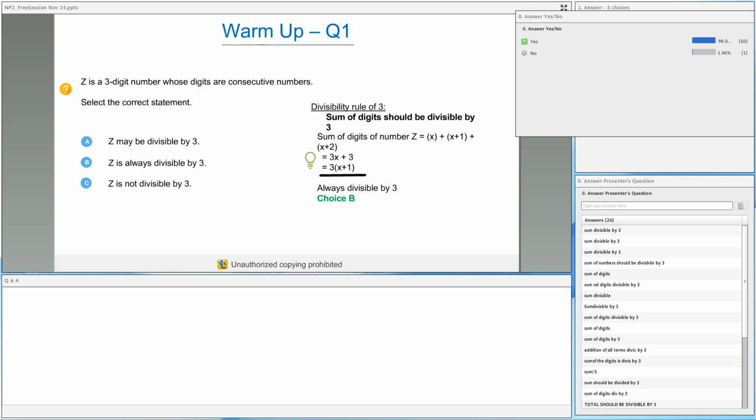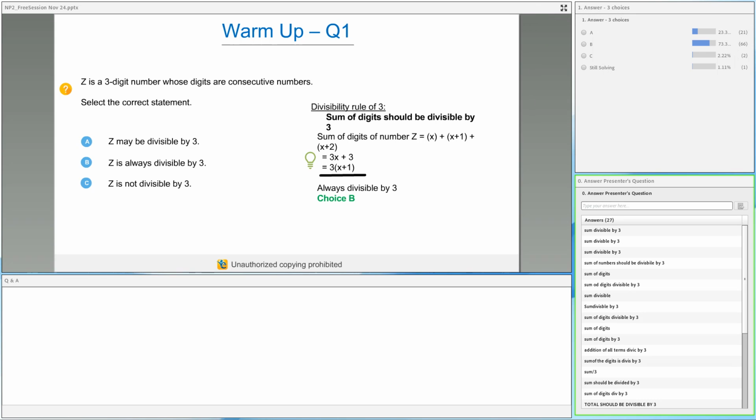Okay, great. I can see it's clear to most of you. In case you have any doubts, I would request you to post your doubt in the Q&A pod. Ashutosh, who is a subject matter expert at e-GMAT, is supporting the session. And in case you have any doubt which is still not clarified, please feel free to post it in the Q&A pod. He will answer them. Okay. So now let's move to the next question, which is on similar lines.